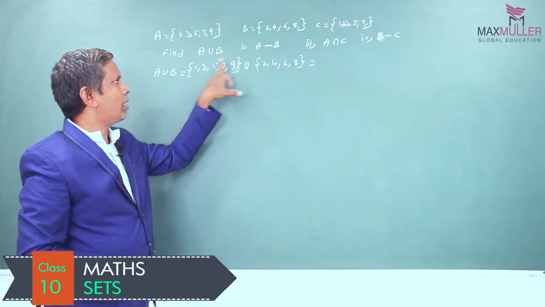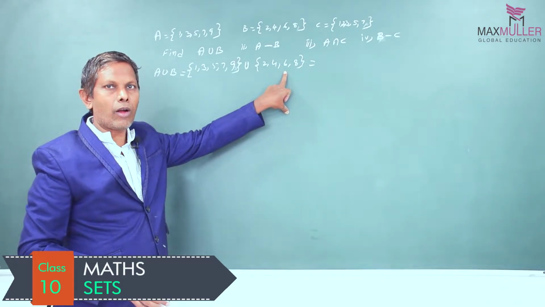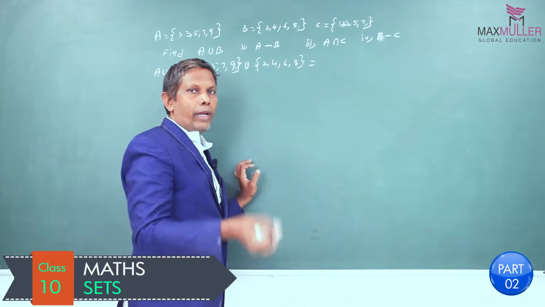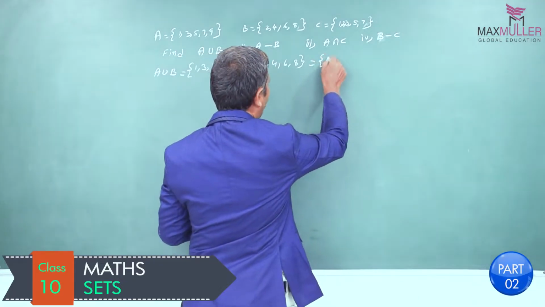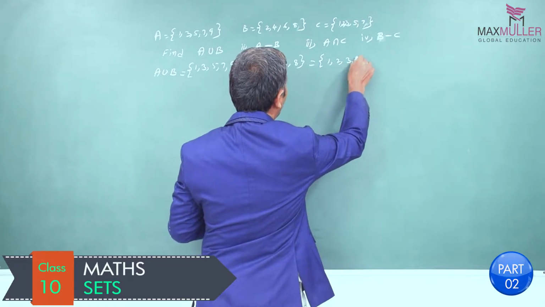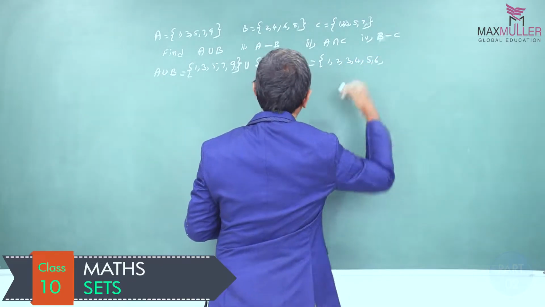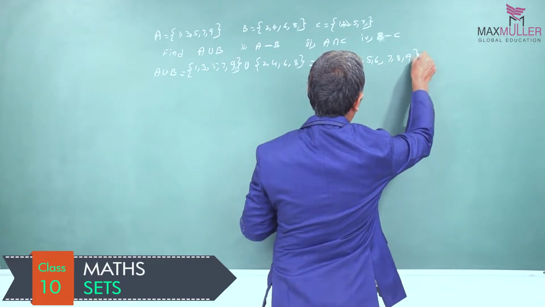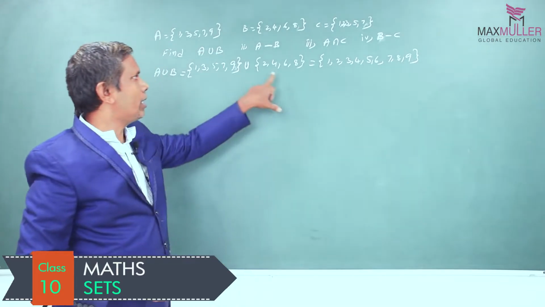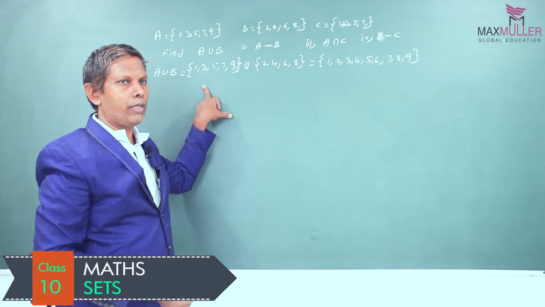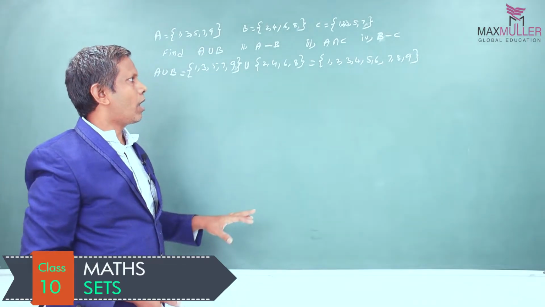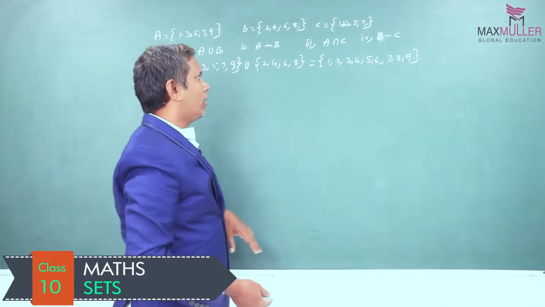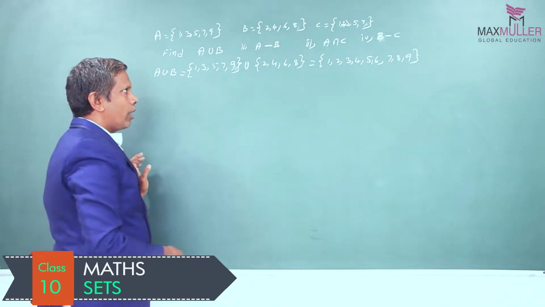Now union means you can combine the elements. So 1 is there here, in these elements it is not there. So write all the elements but don't write the repeated elements. Set of 1, 2, 3, 4, 5, 6, 7, 8, 9. So all the elements are there, there are no repeated elements. Common elements in both are not there. You can write either elements of A or elements of B. That is A union B.